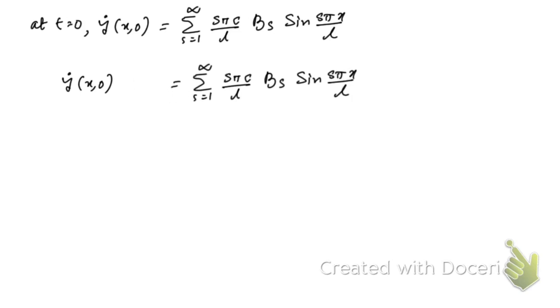We're going to multiply sine n pi x by l on this side as well as on the other side. Okay, sine n pi x by l. Now let us integrate with respect to x on both sides. Now integrating both sides,